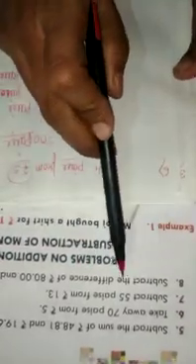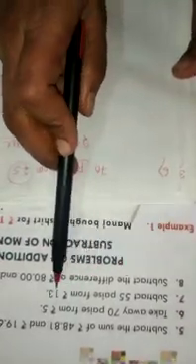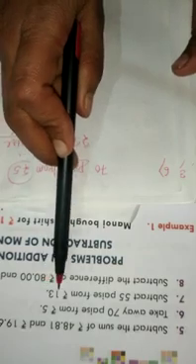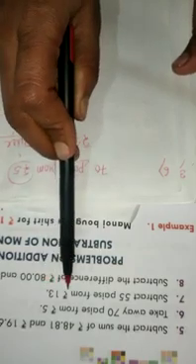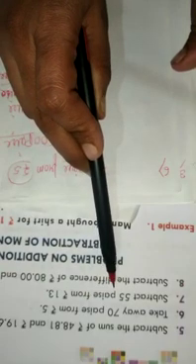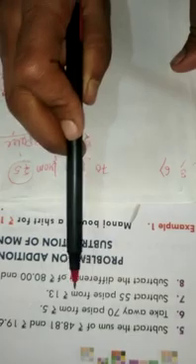Clear? You see number 7 is also given in the same way. Subtract 55 paise from 13 rupees. It means you will first convert rupees 13 into paise and then subtract this 55 paise from it. Okay children, I hope it is clear to all. Go through the video and complete your exercise.